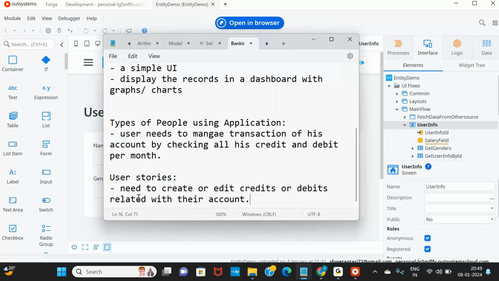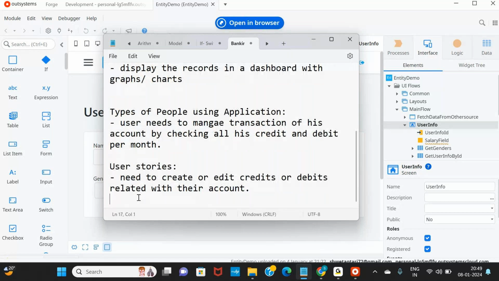For example, the monthly rent or EMI, phone bill, electricity bill, or some credit card bill. Okay, then